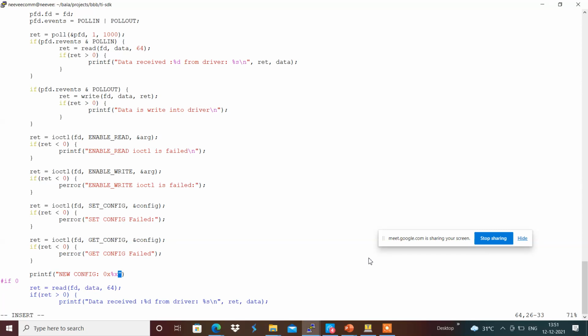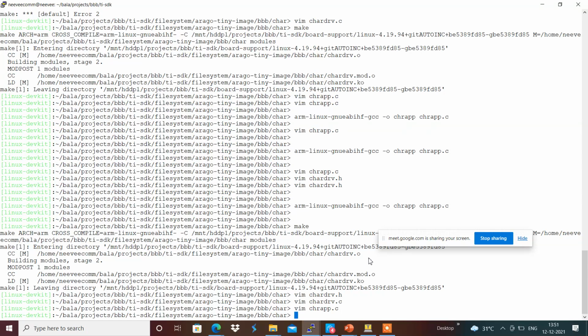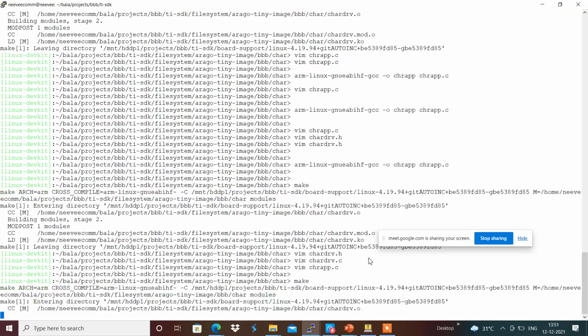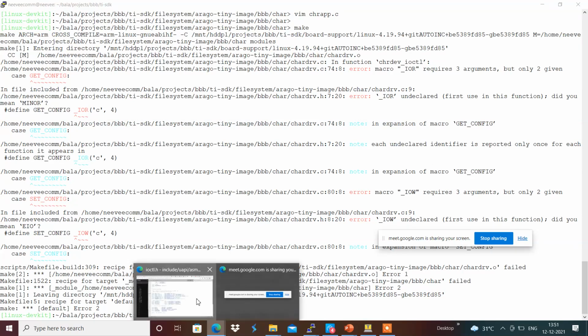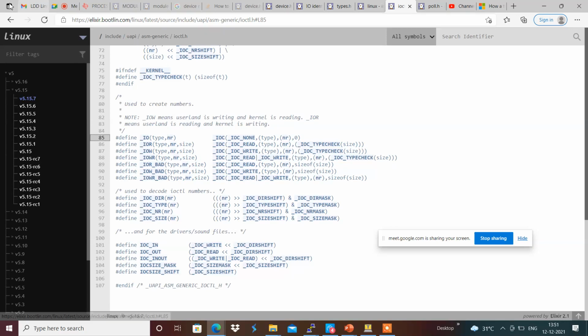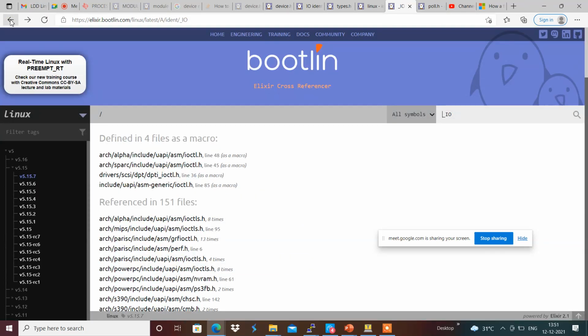Now we can compile both the application as well as this one. _IOW and _IOR, all those things are not defined, so we need to include the header file, which is something like some generic, maybe UAPI ioctl.h, not there.